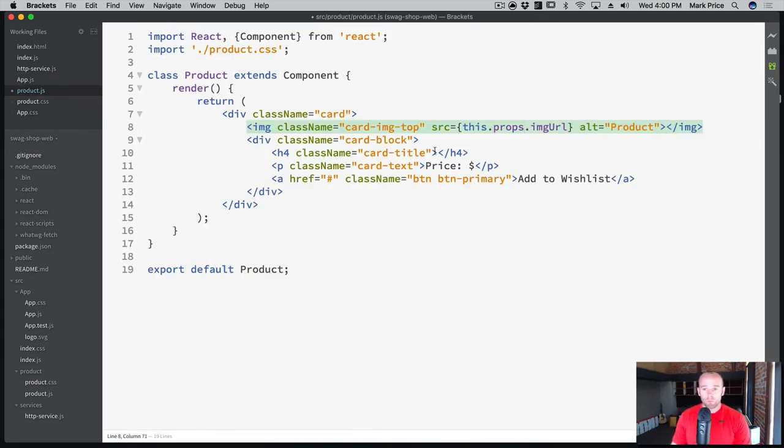What else do we need? Well, we need a title. And you can use the props or the special syntax inside of the element itself or even here in the text, okay? And so for the title, this.props.title, that's what we named it. And for the price,